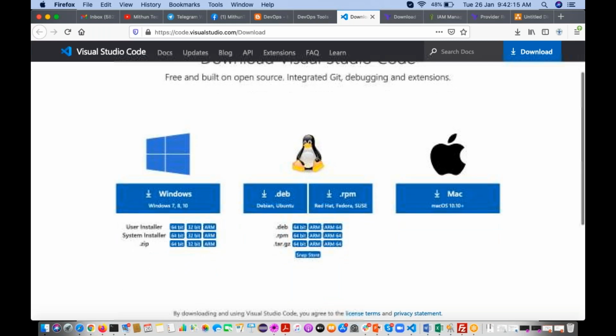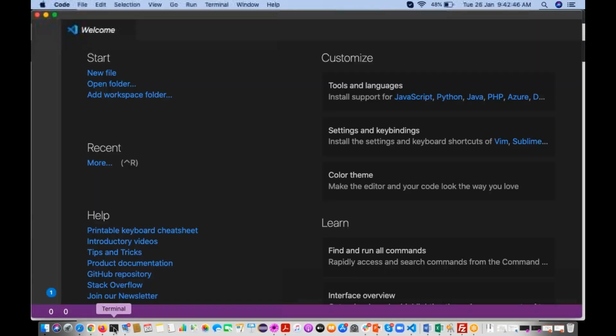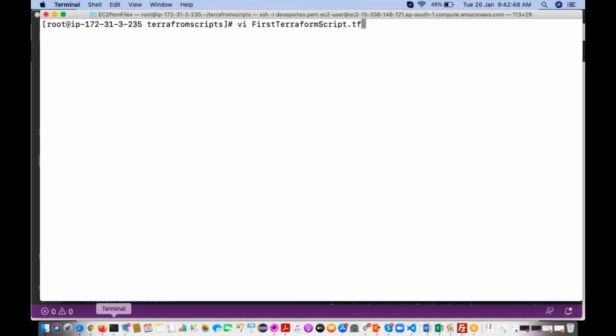See here, guys, you can download the software Visual Studio Code. It is a great tool for developing Ansible playbooks and Terraform scripts. I'm strongly recommending you go ahead and use this tool. I have already downloaded it and I'm using it. So instead of developing these Terraform scripts directly in this particular server, I will use this editor, develop there, and copy paste it here.